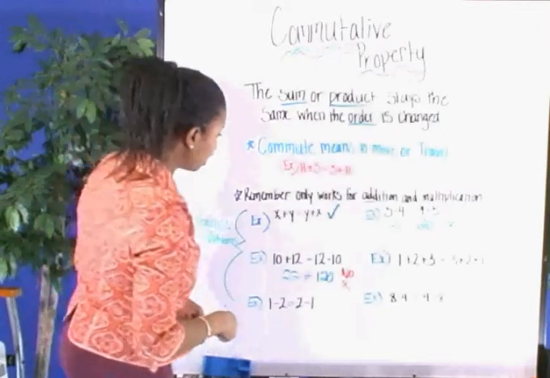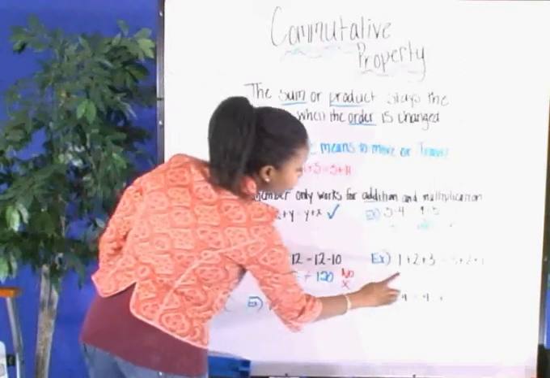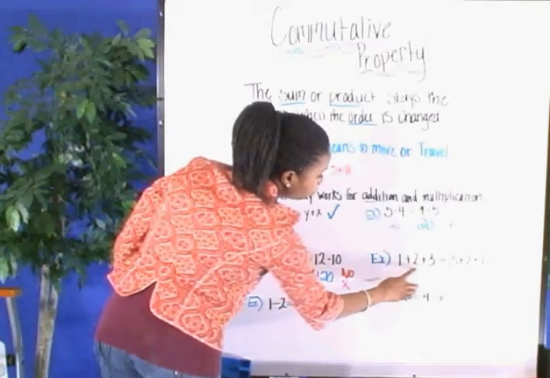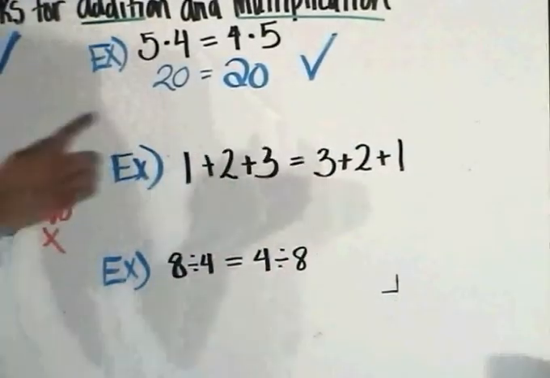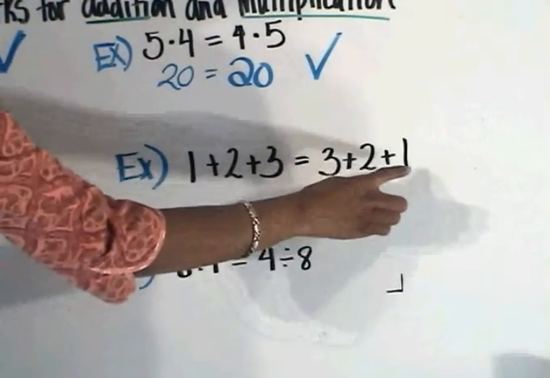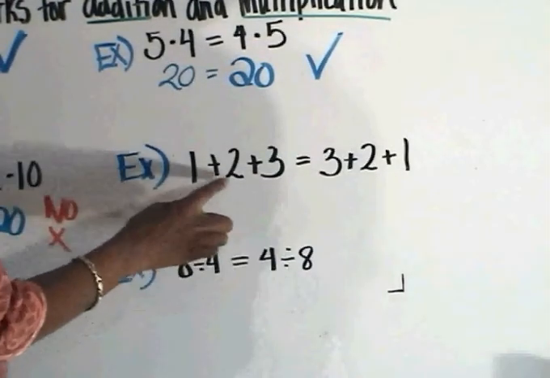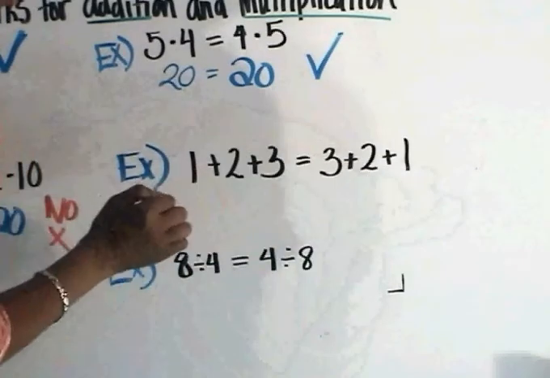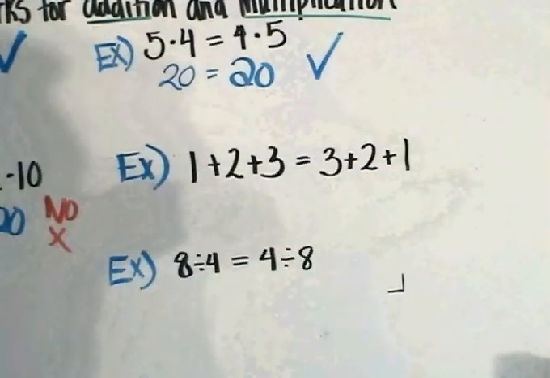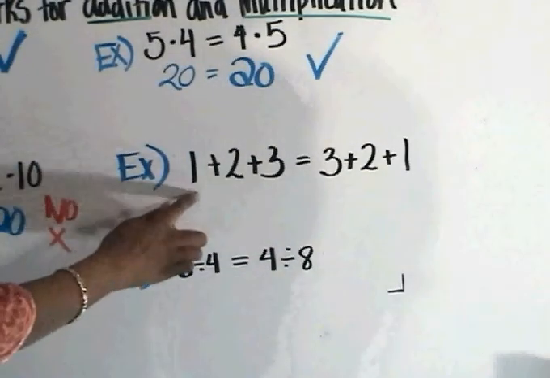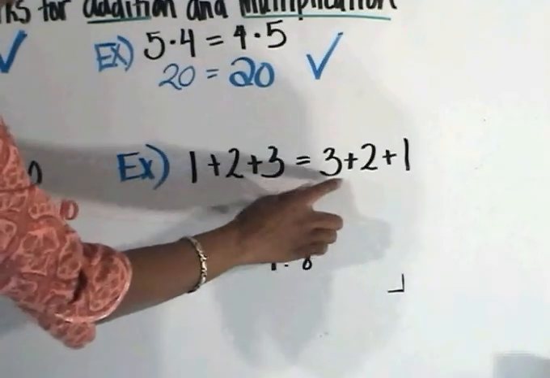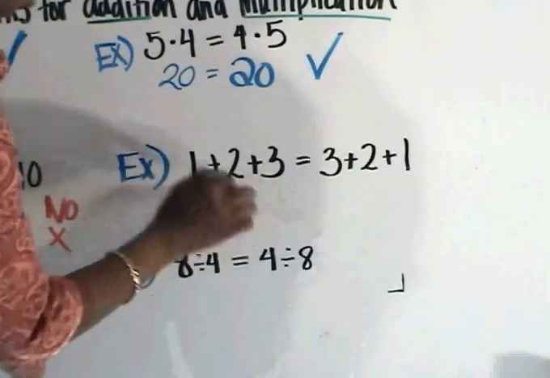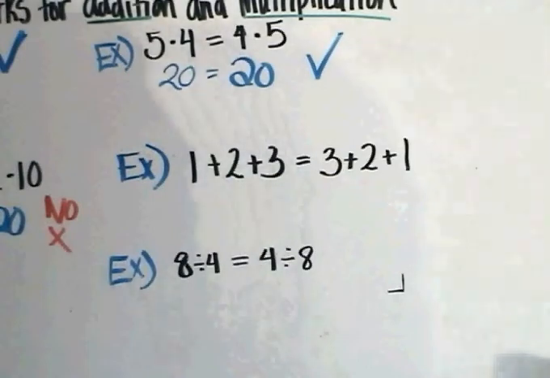Let's go over the next example. We've got 1 plus 2 plus 3. Is that equal to 3 plus 2 plus 1? Well, it looks like we have plus signs on both sides, even though we have 3 numbers now instead of 2. And it looks like we have the same numbers, except the order changes. We have 1, 2, and 3, and 3, 2, and 1. Let's see. 1 plus